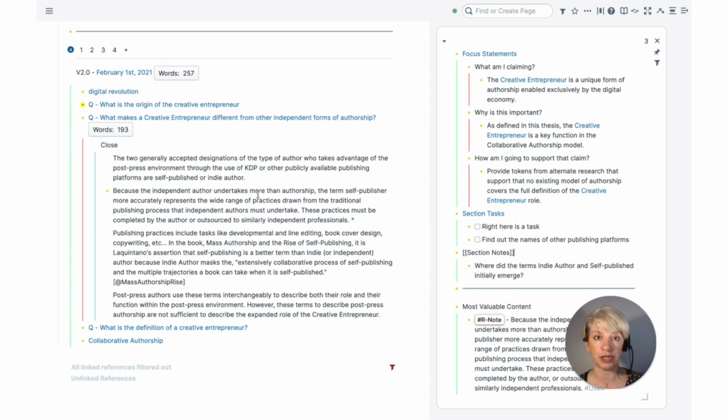Now, that's pretty easy for you to run through these tasks on this page if this is a very small section. But as your thesis grows and you start combining more of your sections together, you're going to find that you'll see a task that says find out the names of other publishing platforms, but you're not quite sure why you wrote that down or what exactly it refers to within the context of what you have written. So the way to do that is to go back to where we were, highlighting that text,